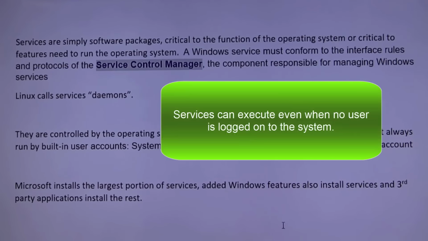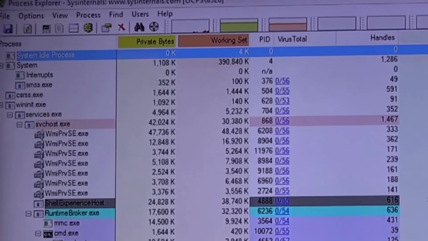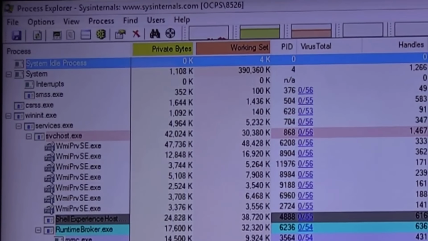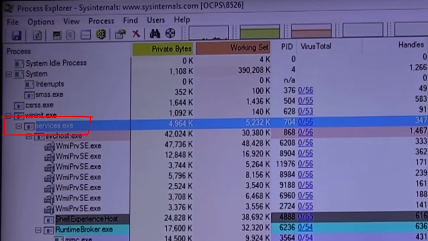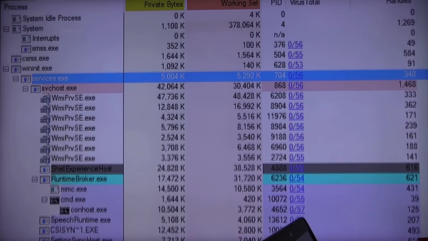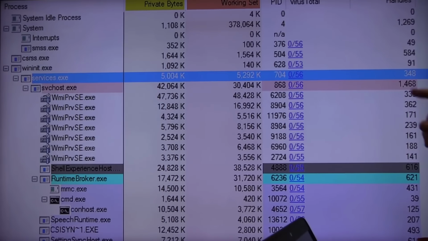Let's go take a look at him. I'm going to pop up Process Monitor, Process Explorer, and I want you to look at this right here. So I'm going to do Control 2. All right, I want you to look right here. Everyone look at Services, svchost.exe. That is Service Control Manager. That is the service that runs, that controls all services. He is responsible for running, starting, getting up and running, doing everything with services.